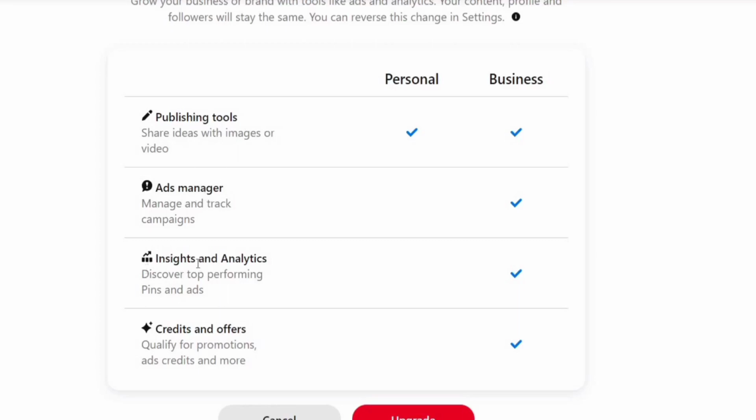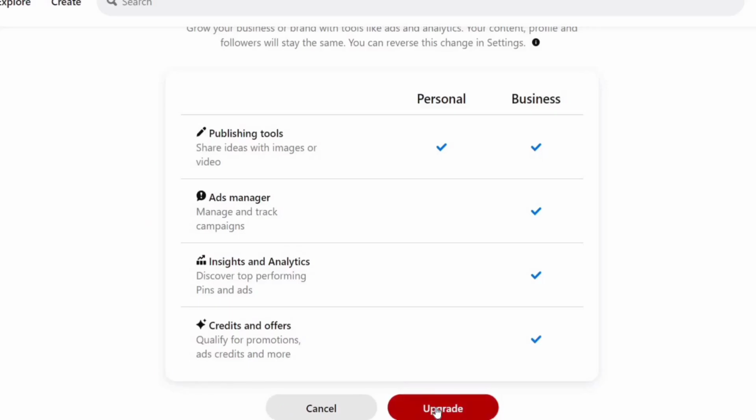You can manage your insights and analytics that are shared, and as well you can use promotion. So this is what you get to gain for creating a Pinterest business account. You're going to be able to promote, you're going to be able to track insights, and it's right here. So the next step is for you to click on upgrade right here, so you can upgrade to a Pinterest business account